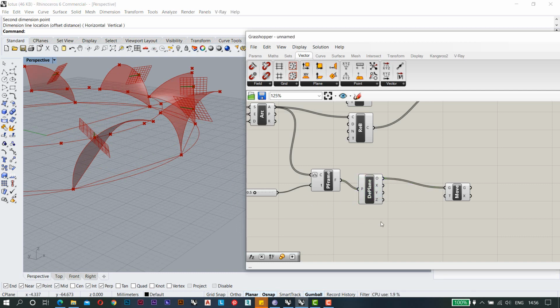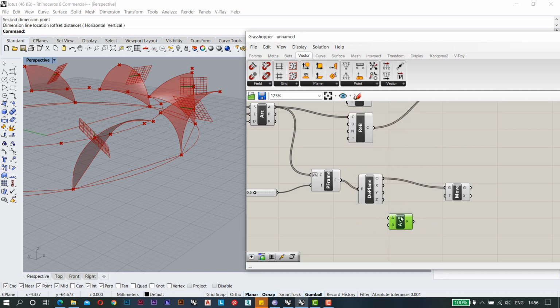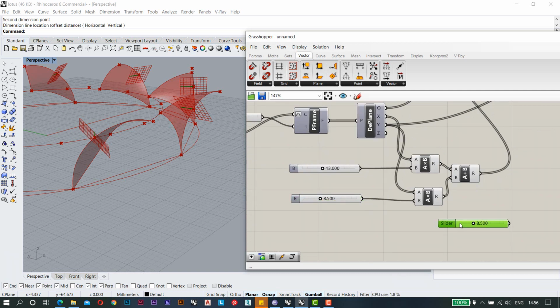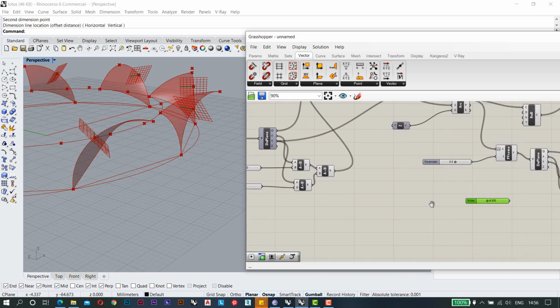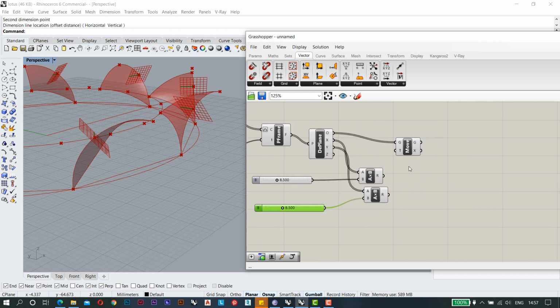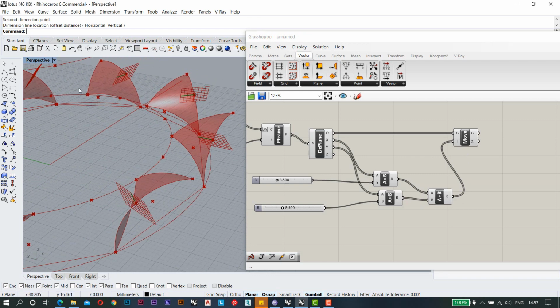So for doing so, what we will do is we will again use the multiplication method, and we will have two multiplication bars, 1 and 2, and similarly we will use these kind of number sliders to manipulate our point. So I've added these 2 point values. So after that we will add them, and put the resultant here. So you can see now the value is going like that.